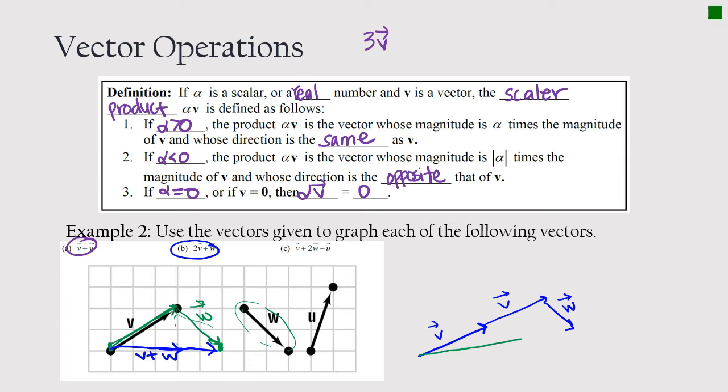And then adding those together. When you add them together, you start at the initial vector and you end at the last one. So that's 2v plus w. And then the last one, if we did this one, that's going to be v plus 2w